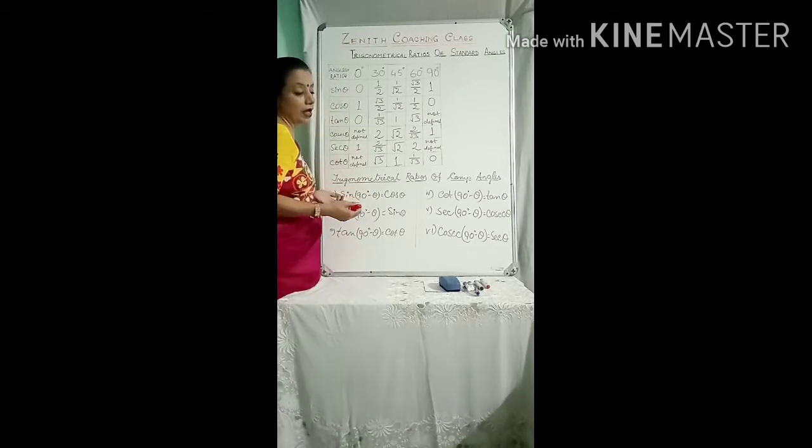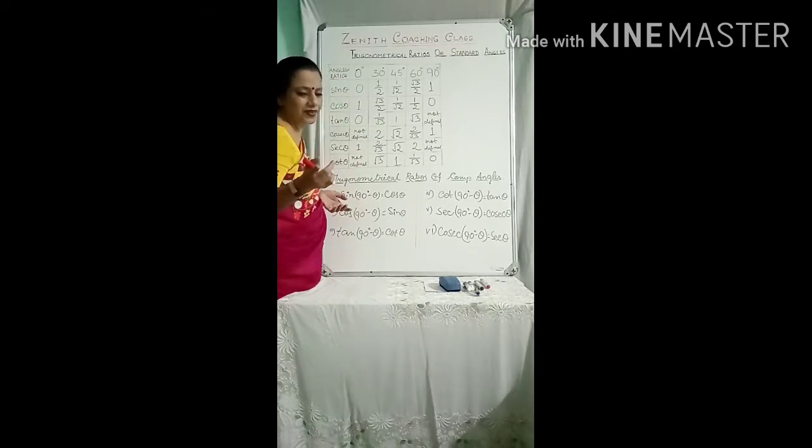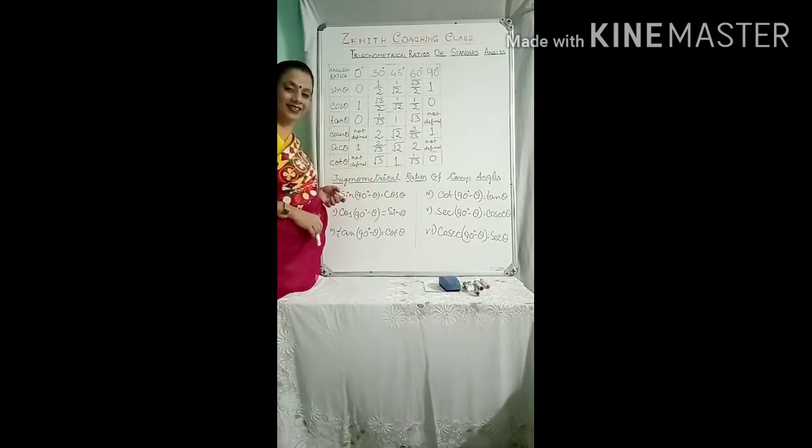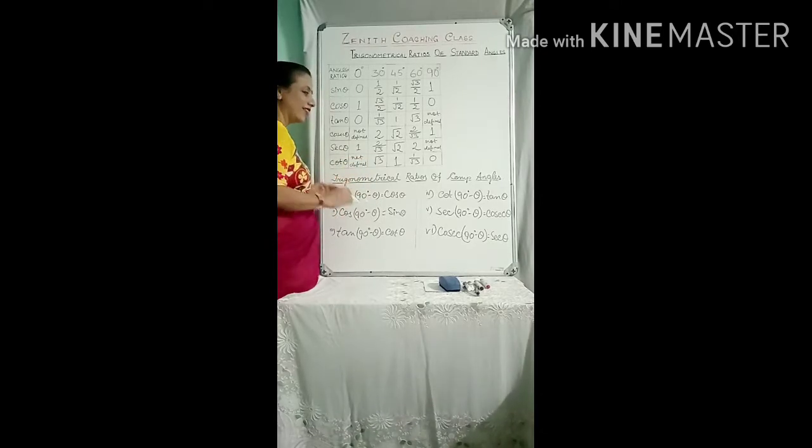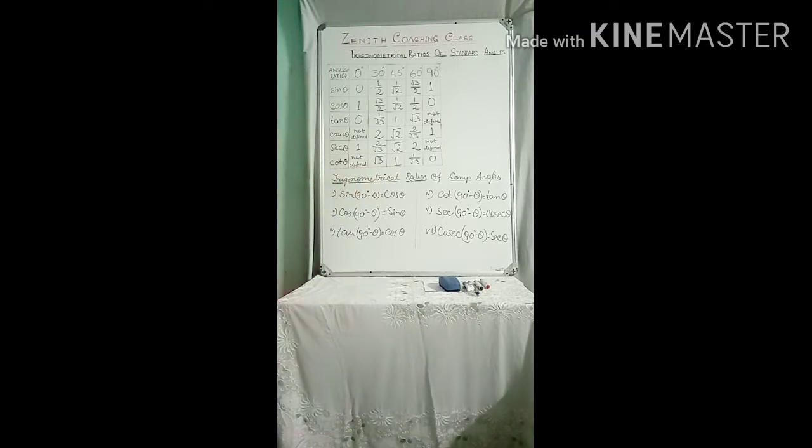Whew, I'm feeling tired, you also. But you have to learn this table, otherwise you cannot learn the trigonometrical ratios of standard angles. So this is your formula. You have to learn it. So let's see the angles once, and if you have any queries, please let me know through the comment box. Okay, so let's start with the tables.